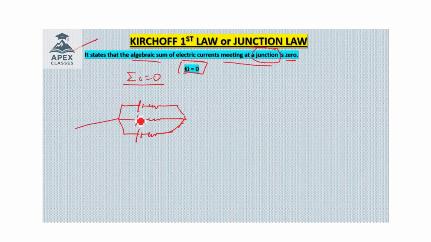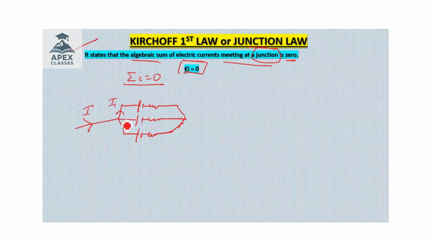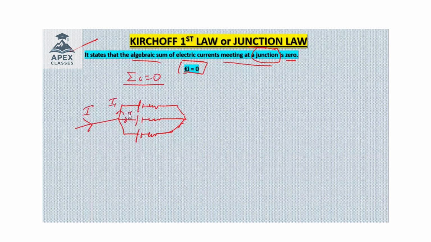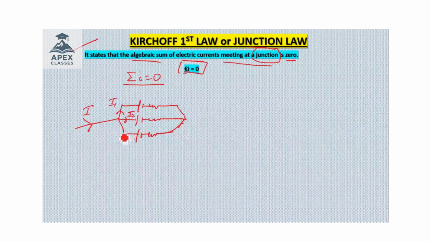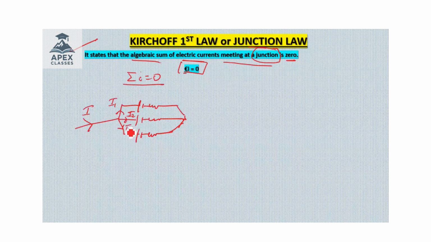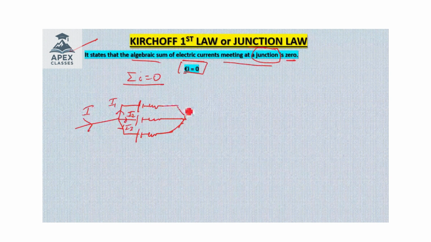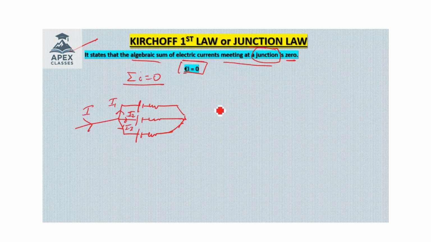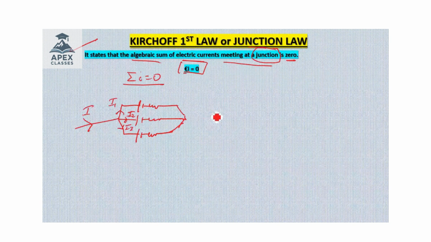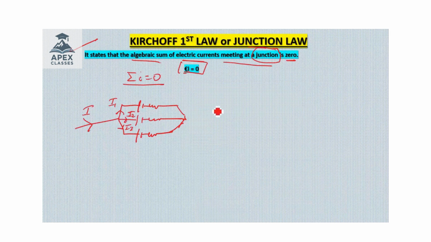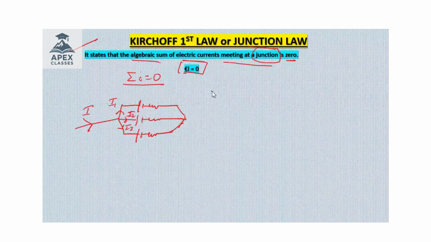So let's say current I, and here it is I1, here it is I2, and here it is I3. Now see, there are some conventions which we need to follow while we deal with the laws. For the first law, remember, the convention says current